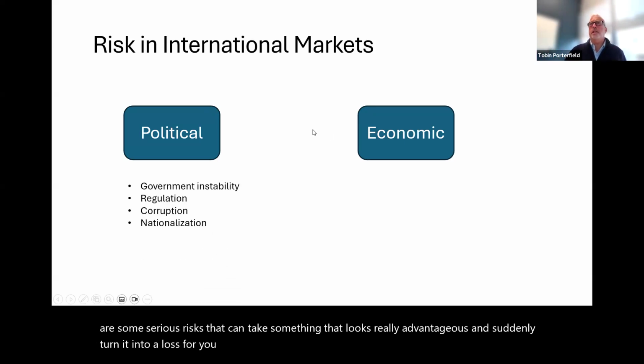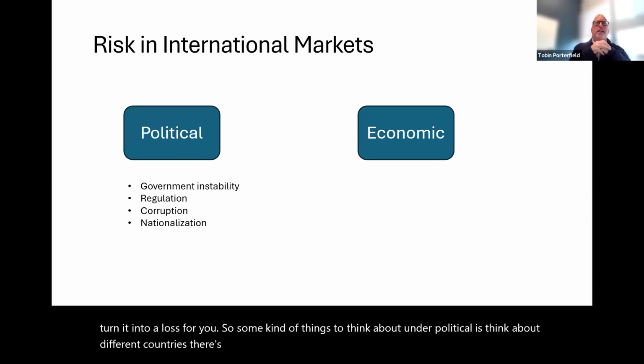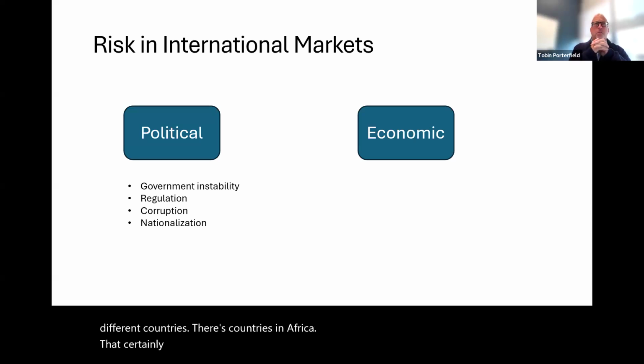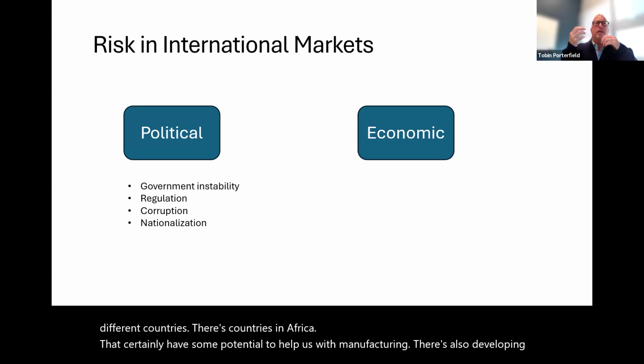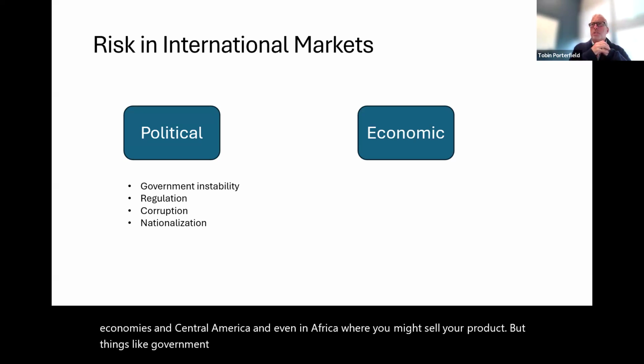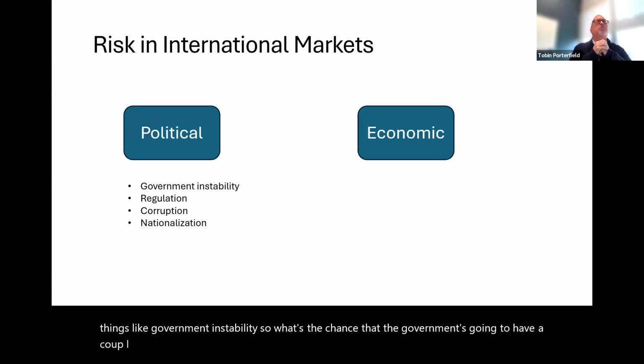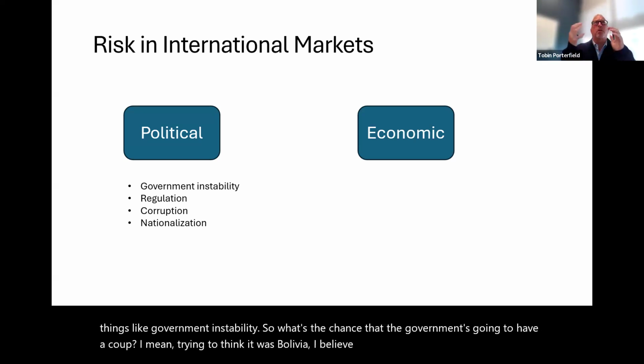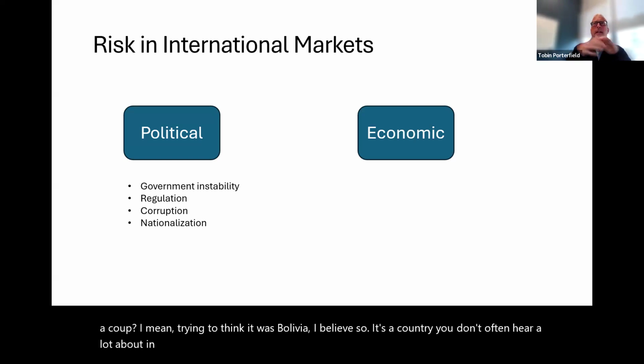Some things to think about under political is think about different countries. There are countries in Africa that certainly have some potential to help us with manufacturing. There are also developing economies in Central America and even in Africa where you might sell your product. But consider things like government instability. What's the chance that the government's going to have a coup? I'm trying to think, it was Bolivia, I believe. It's a country you don't often hear a lot about in South America, had a coup in the last year or so and has gone through some